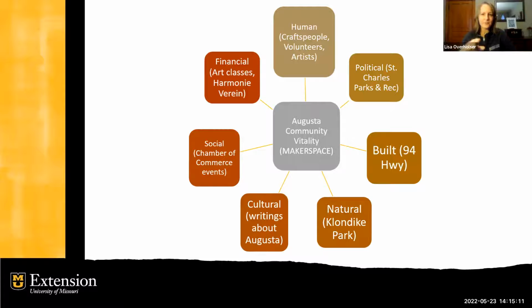So I just wanted to give you an example of how different assets are utilized to become capital and to invest in a makerspace, which eventually may become its own kind of asset that can be invested. For example, we heard earlier this morning people talking about projects that then yielded more grant funding and things like that. So the makerspace in turn can become an asset that's reinvested in becoming a capital.